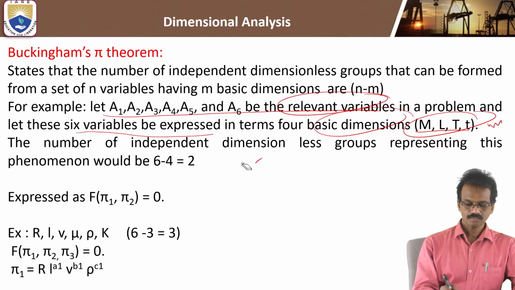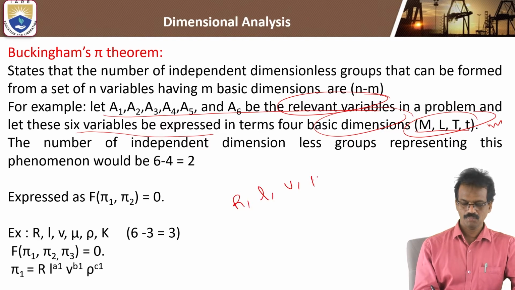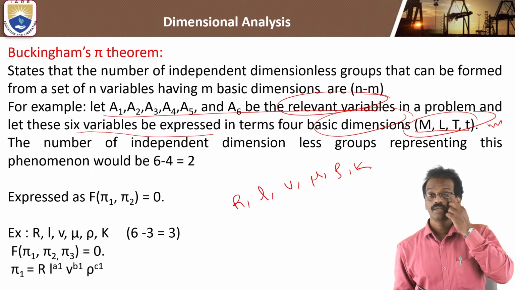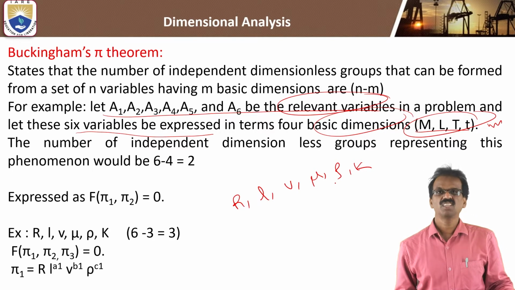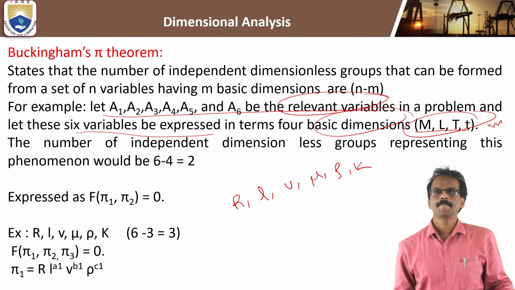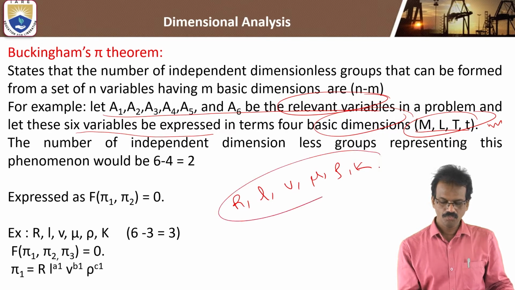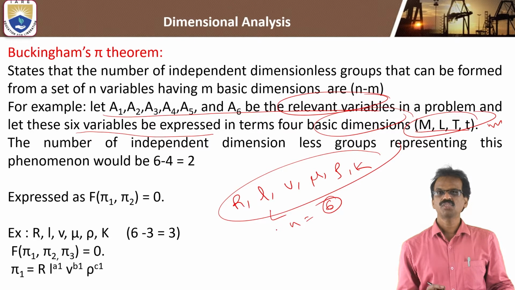Example: r value, l, velocity, mu, rho density, and thermal conductivity k. These are the parameters given to the fluid. So totally 6 parameters are given, it means n is equal to 6. In this, we have to identify the